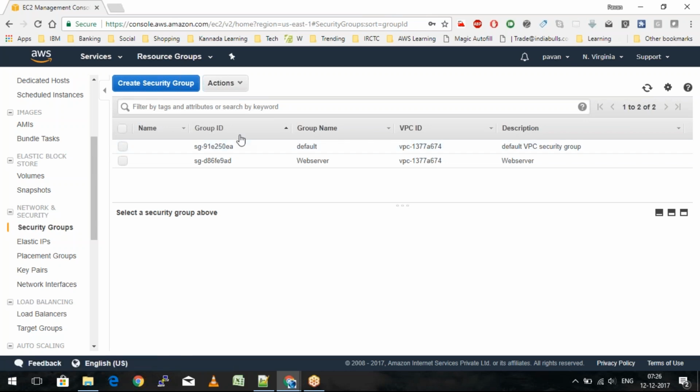So there you go. I just have two security groups here. One of them is a part of web server. Second is basically a part of default. Now in real time, what happens is we actually create multiple security groups and attach them to the EC2